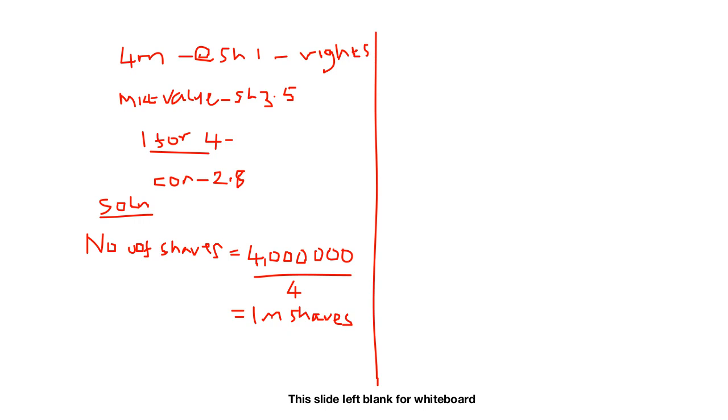So after determining that, we need to deduct the shares that are to be issued at full market price from these 1 million shares. So to get the number of shares that will be issued at full market price, what we'll do is we will take